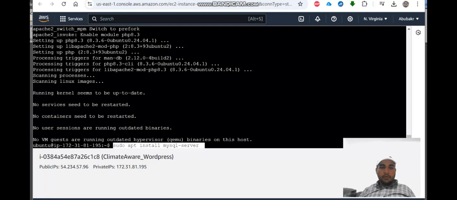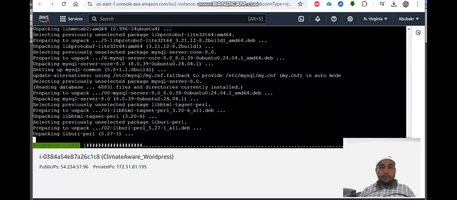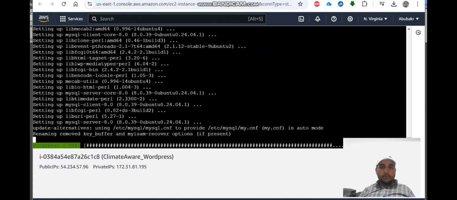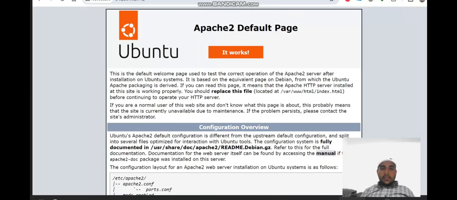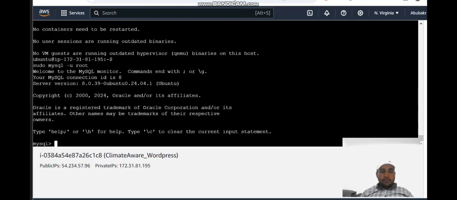Now it's time to install the MySQL server inside my EC2 machine. The same process goes on. You can see that my Apache server is successfully installed and running. Now, to access my MySQL server as root, I put the command sudo mysql -u root. After accessing the MySQL server, I run a query: alter user root@localhost identified